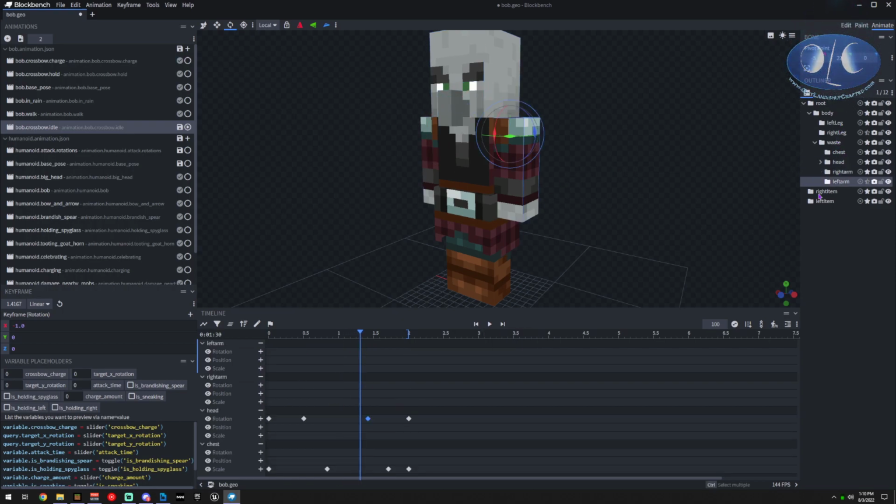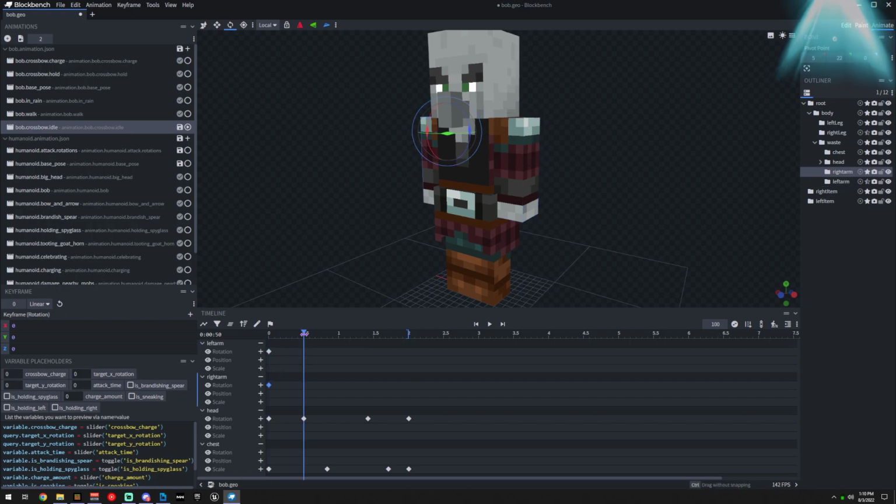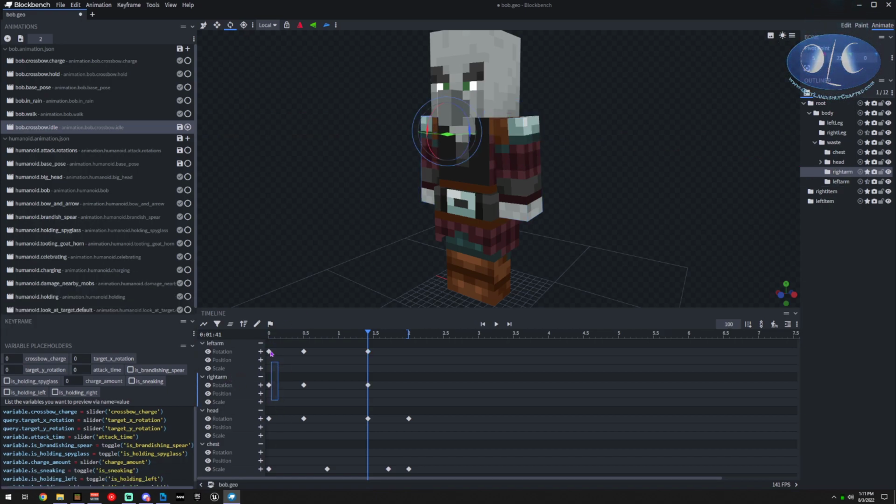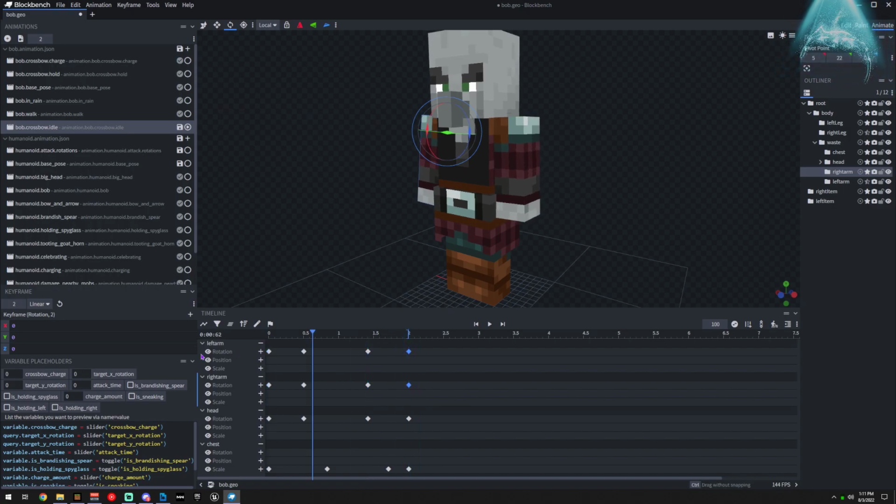And then we could also take his right and left arm, and same thing. We're just going to add just like 1 or 2 ticks of movement on this one, just 1 or 2. And I'm going out 1, and then same thing. We go back just a small amount, and you can tweak all of this. This is all like Bob Ross stuff where there's no right or wrong. It's just what you want. So there you go. So now we've got that.